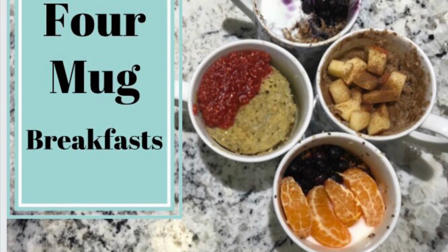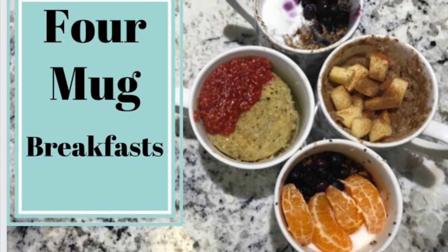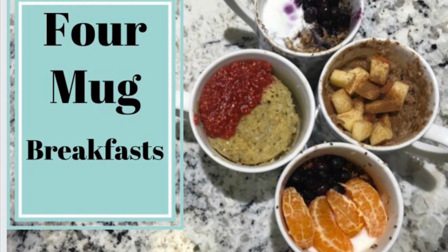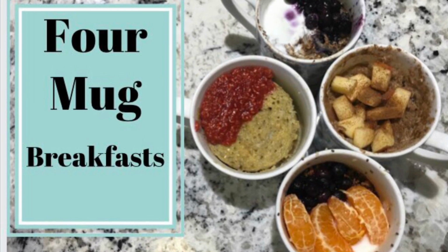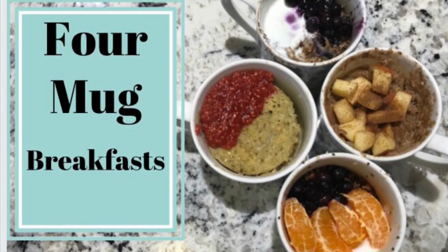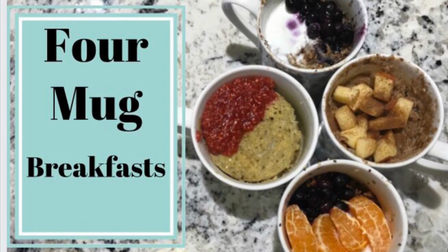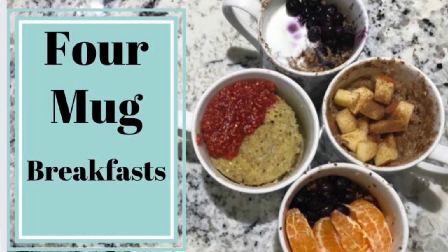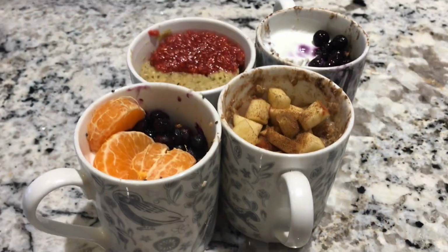Today we are going to be making 4 healthy, delicious mug breakfasts. These all take around 5 minutes to make and literally take no time at all. These are perfect for before work or school as they are quick to make but still filling and full of slow release energy. They all smell amazing when they cook as well. These are great for the winter and autumn months as they are warm and a great healthy way to start your day. Today we will be making